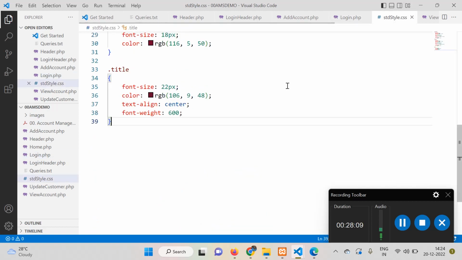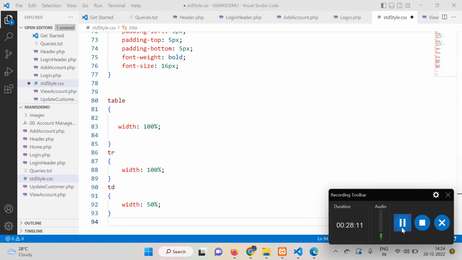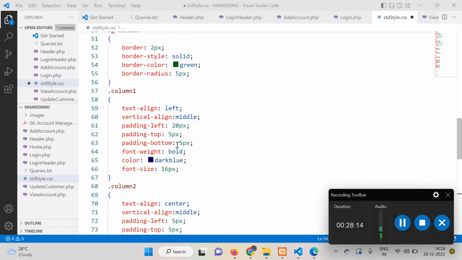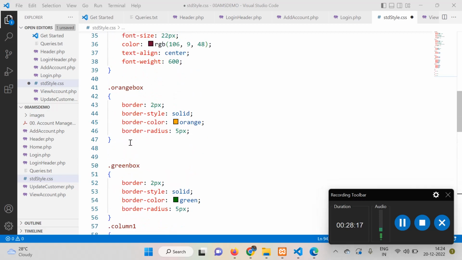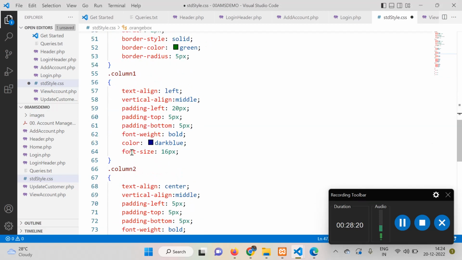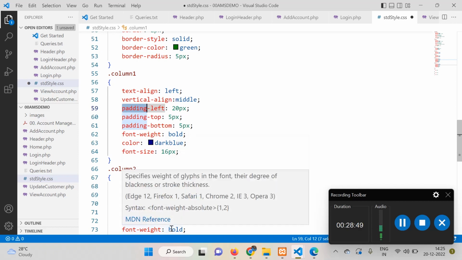The next styles we used are column 1, column 2, green box and orange box. See here, I just copied column 1, column 2, green box and orange box. See that mainly column 1 and column 2 are text styles. Okay, text align left, because the left side is column 1, where the controls need to be aligned left. For column 2, the controls are going to be placed, aligned as center. For vertical align, you can give middle. And the padding left, top, bottom. Okay, left, top, bottom alone we have given,